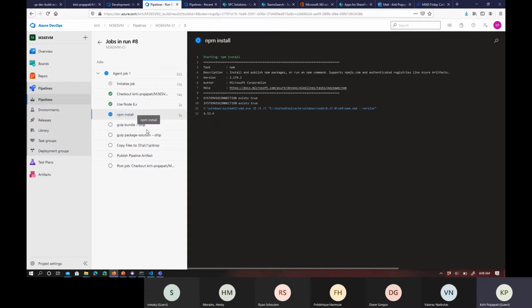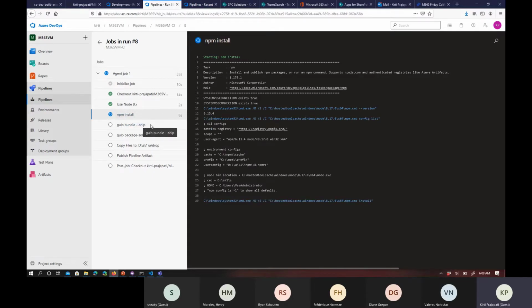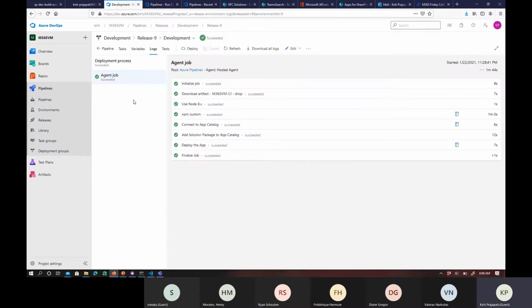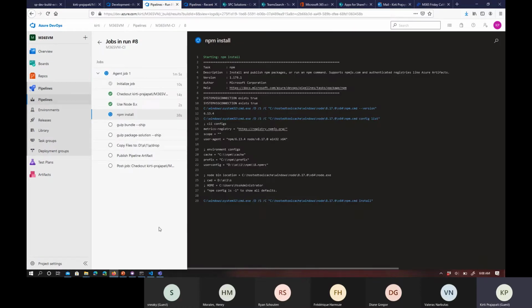Then after installation, it will try to bundle this solution, and we are using the zip command, the --zip option. So it will prepare a kind of artifacts files over there. This might take a couple of minutes to execute all the tasks. And once we are done with this, we can just create a new release from the releases, and then we can execute that.